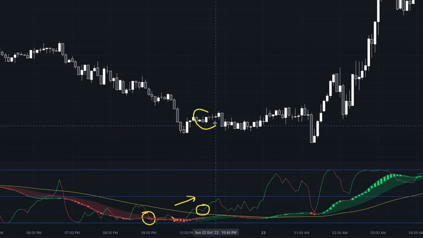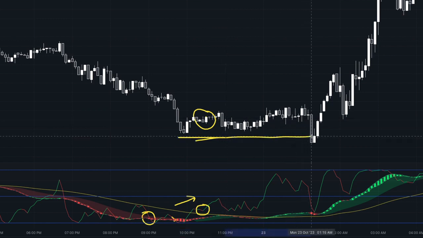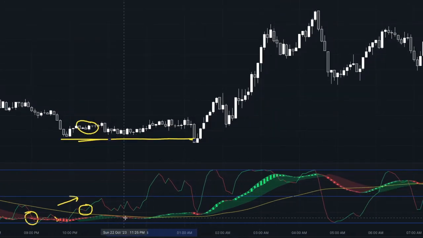And if you could see the price is right here. So your stop would go below here. And in this particular case, it looks like you might have been stopped out right there. However,